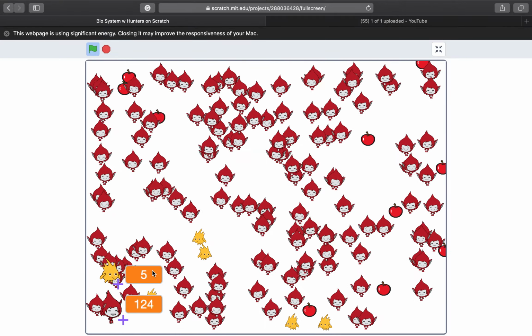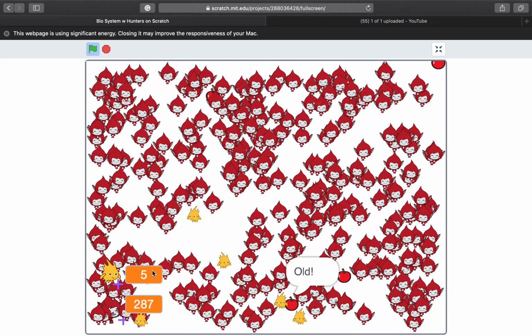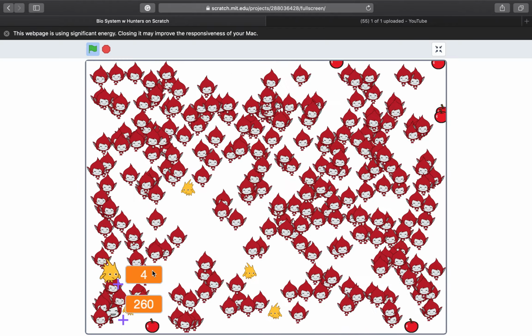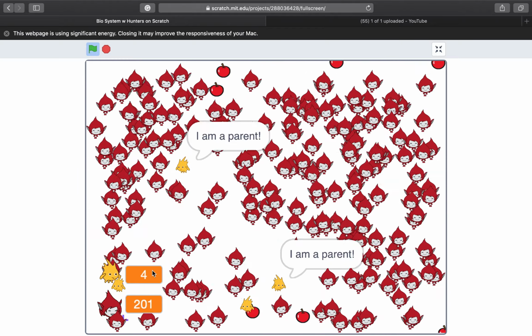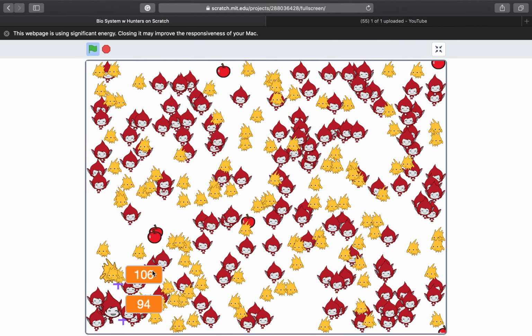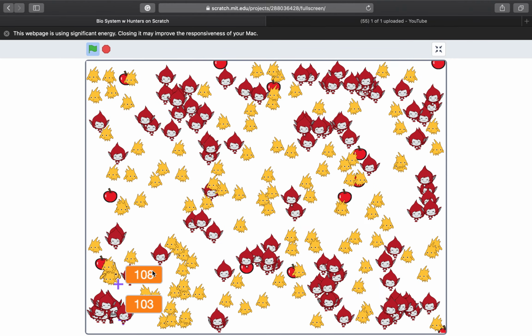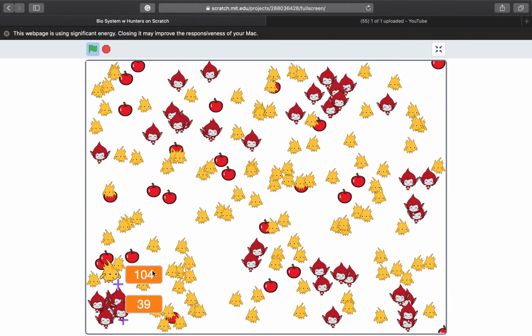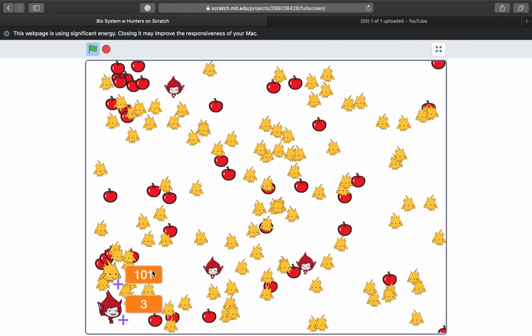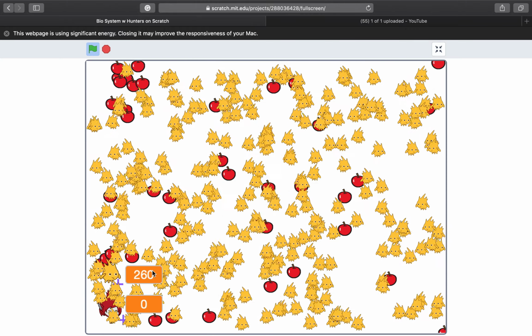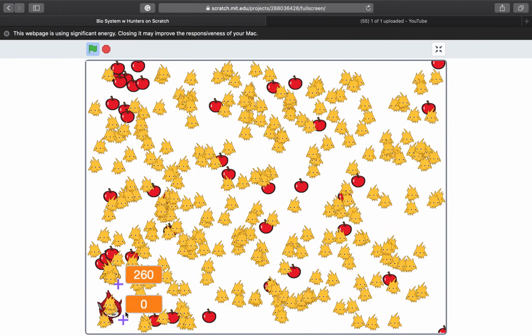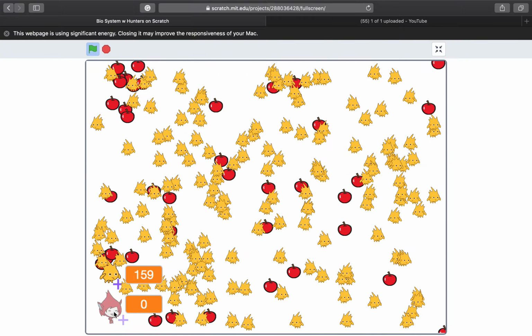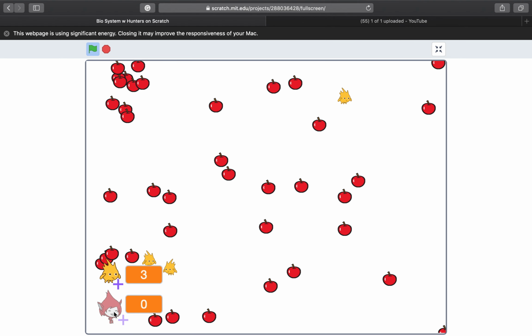He becomes a parent, or she. And now there are 4 of them. Now there's a whole bunch of them. And then they actually make all of the gigas go extinct. So now they are all going to go extinct. There were too many carnivores, and they couldn't survive. So now we have nobody left.